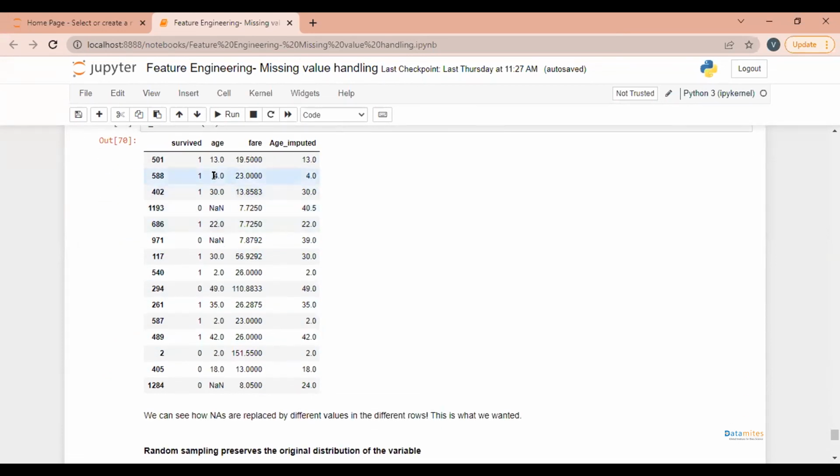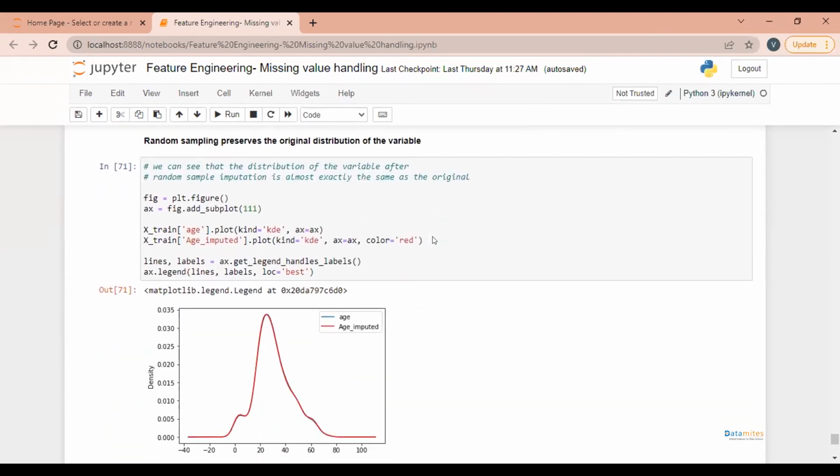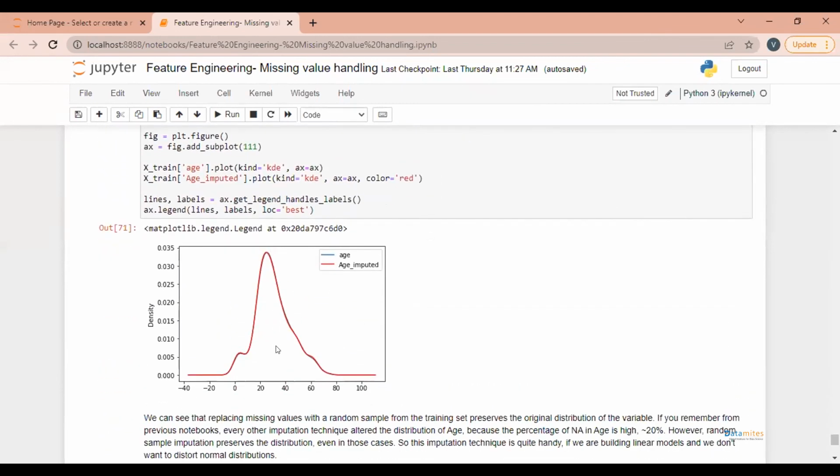They have been chosen randomly. And this technique will also preserve our distribution, and it will also not affect the outlier distribution as well, which we will see later. And this is exactly what we want. If we are going for linear models and we have an even higher percentage of missing values, we can go for this technique. If we observe the distribution of age before and after imputations, the distribution seems to